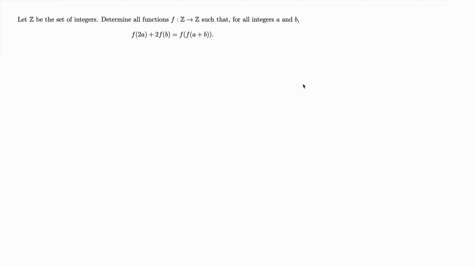Then without further ado, let's solve this problem. Determine all functions such that for all a and b this is true. Okay, so I think what we can do first is substitute zeros for a and b, because how nice that our domain and codomain are all integers for f of x. So when a equals 0,